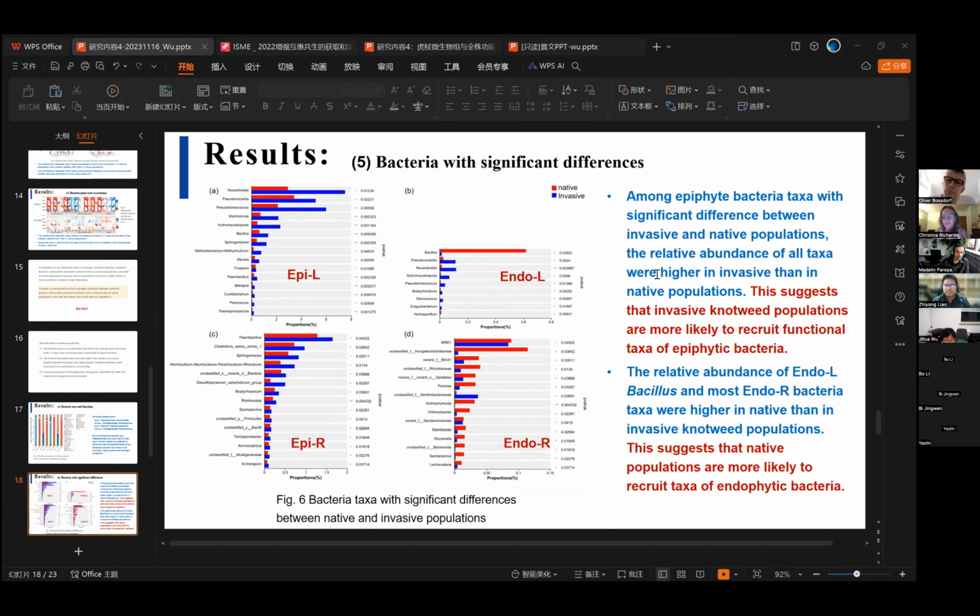And I don't know if there's more story there, but that's really fascinating. If you're finding that the native plants are colonizing with taxa that are more beneficial to them versus the invasive, but it seems not, because your invasive plants are growing more. Or is there some kind of general avoidance of allowing these bacteria to colonize? So I think the way you're thinking about it is really interesting, and you just have so much data. Maybe it's difficult to find those important signatures, but